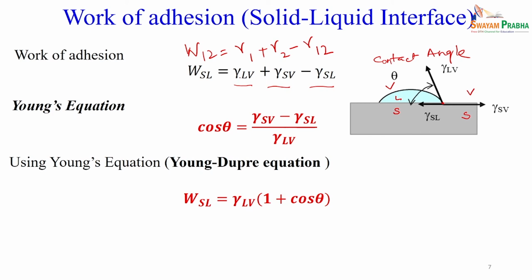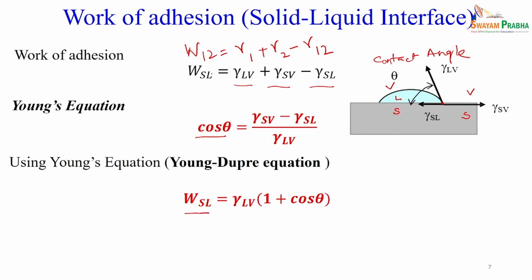Now, we can correlate these three surface tensions, or these three interfacial tensions, using Young's equation. Young's equation says cos theta is equal to gamma SV minus gamma SL divided by gamma LV. So, if you combine this Young's equation with the Dupré equation, it says